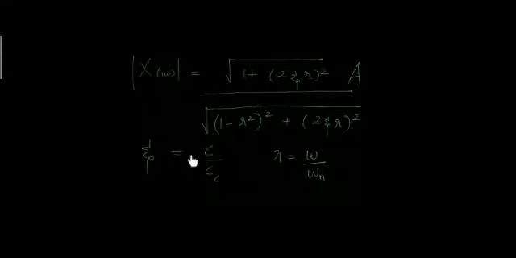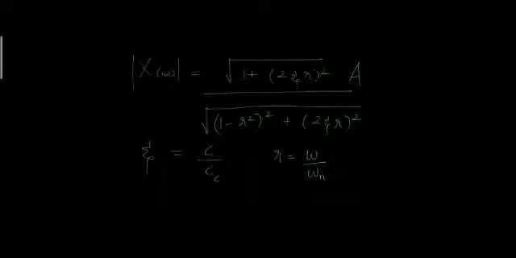where zeta is the damping ratio, C is the viscous damping coefficient, and Cc is the critical viscous damping coefficient, and R is the ratio of frequencies, where omega is the frequency at which my base is vibrating, and omega n is the natural frequency of my system that I am interested in. Make sense? If you observe this particular equation very keenly, you can see that